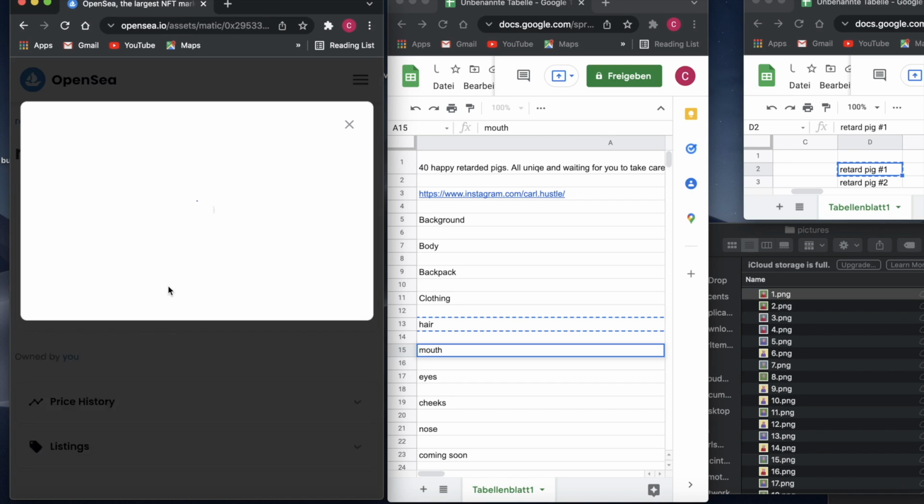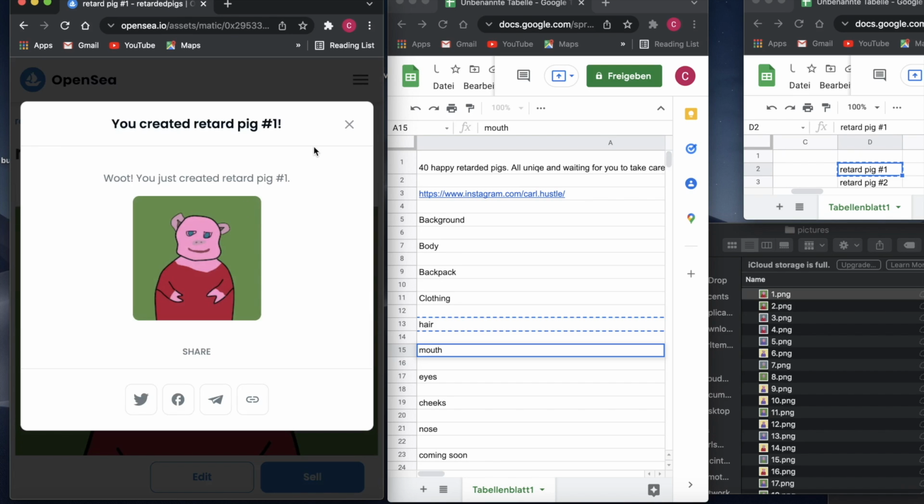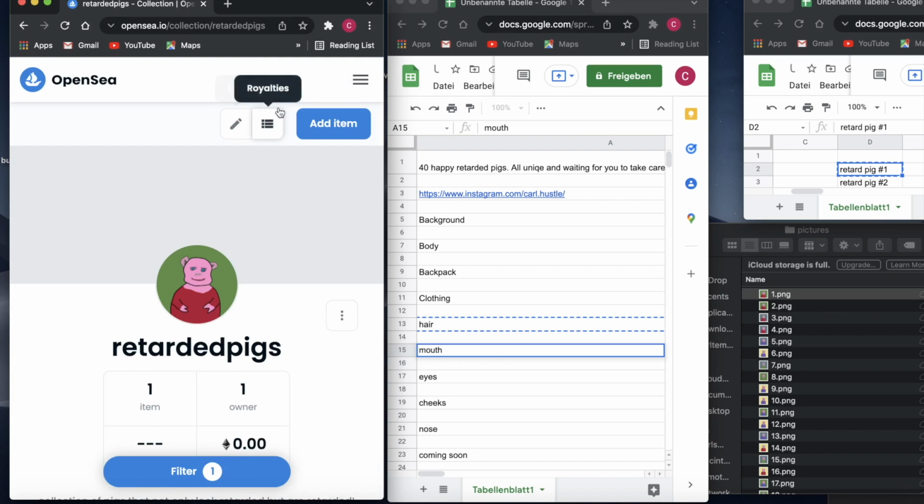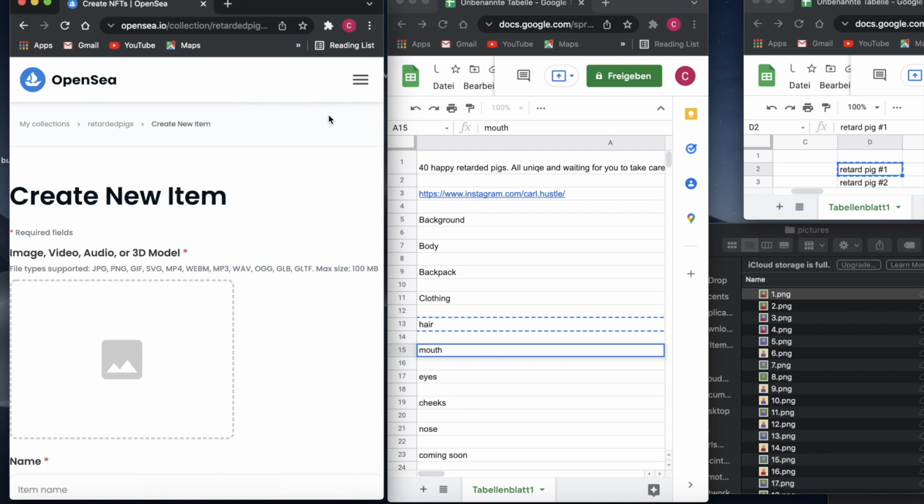Now it's loading. And it's still recording, so don't touch anything. Now we just click on this and go back to the collection by clicking on the name and click on add item again. Now we are exactly where we were before, and now we want to do one last thing, and that is